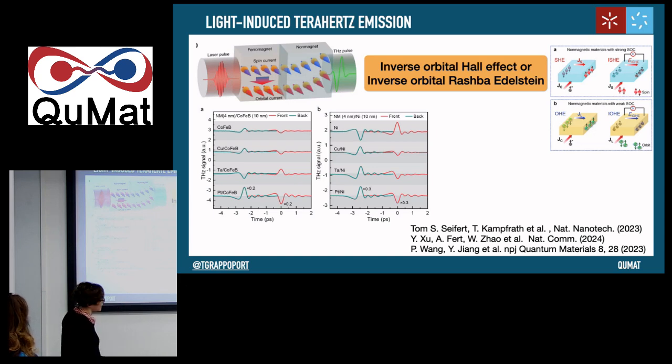It depends, and you can see that it depends on the fact that you have nickel, for example, that has spin-orbit coupling compared to having a ferromagnet without spin-orbit coupling. So then you have different intensities of the response and things like that. But to maximize this, you have to play with the material that generates the orbital Hall effect. And we have very little understanding of how to maximize this.